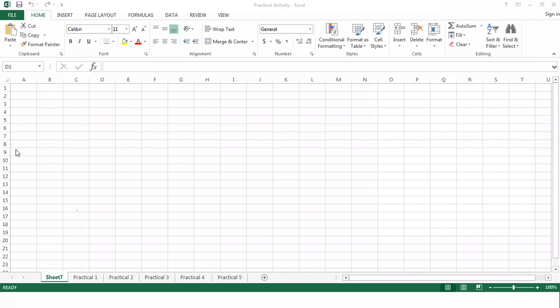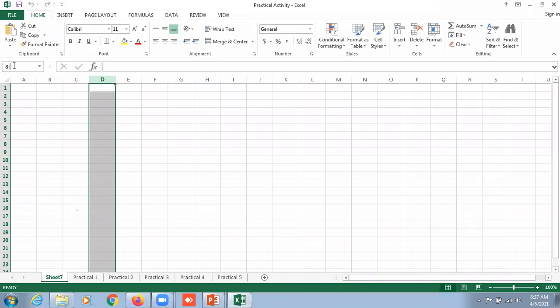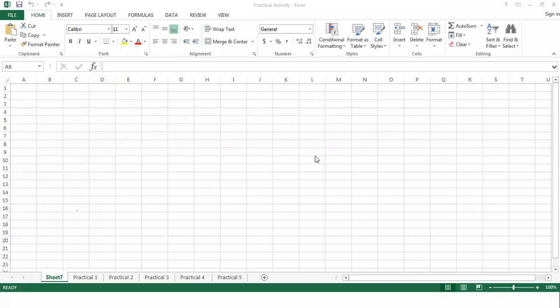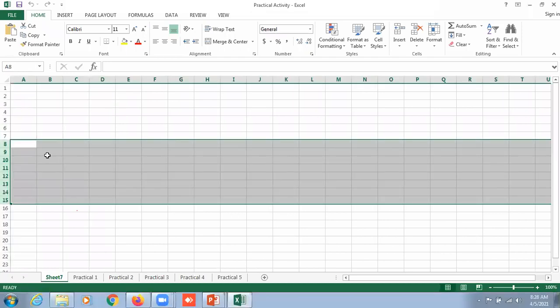If I want to select rows from row number 8 to row number 12, type in the chat box. If I want to select row number 8 to 15, quickly. Very good, 8 to 15. Can I just display this with a practical demonstration here? 8 colon 15, great. And whenever we enter it, yes, rows 8 to 15 are selected.